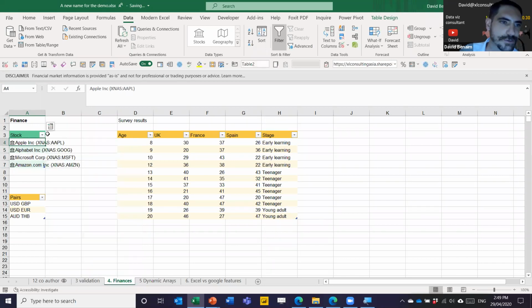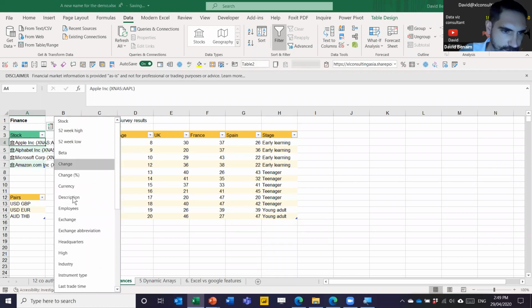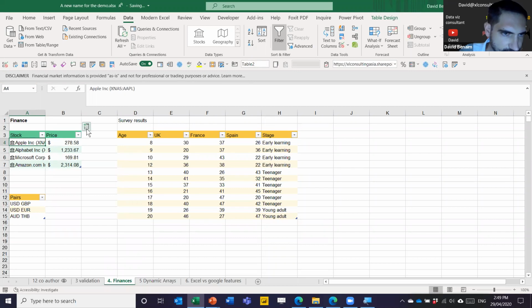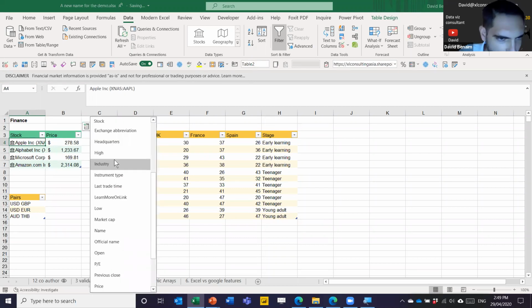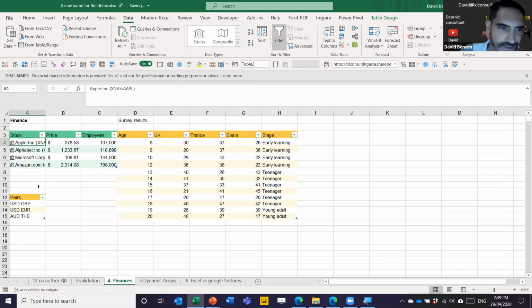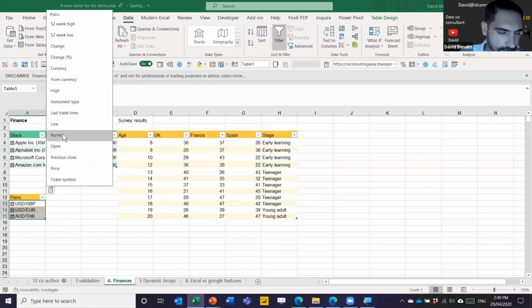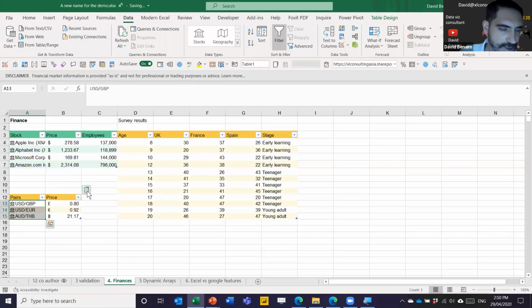If I want to, I can add a column for the price. I can add a column for, I don't know, how many employees there are, et cetera. Also works with currency pairs if you use it like this. You go to stocks and you can then choose the same sort of things. There are fewer options in currency pairs, but the price is there.